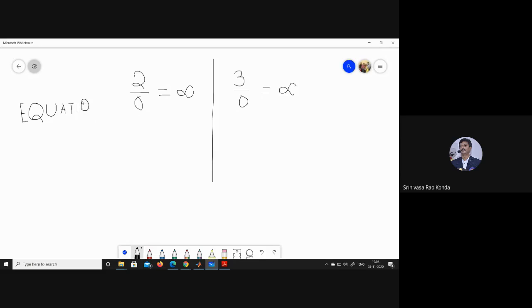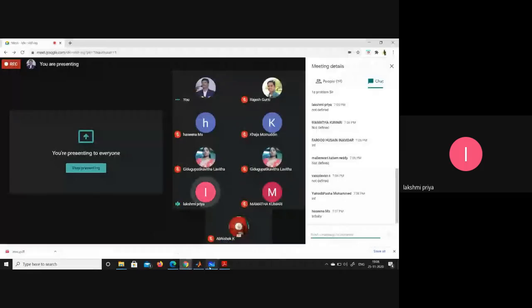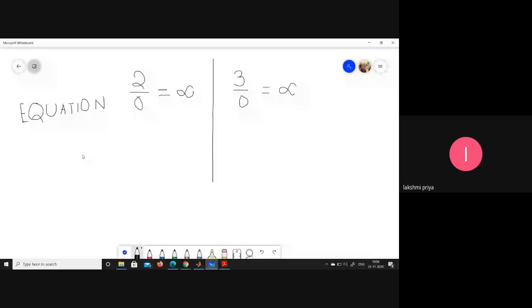When will you call some expression an equation? Left hand side equal to right hand side. Two quantities are equated by equal. If we are telling this value is equal to this value, this value is exactly equal to this value. If you have an equation,